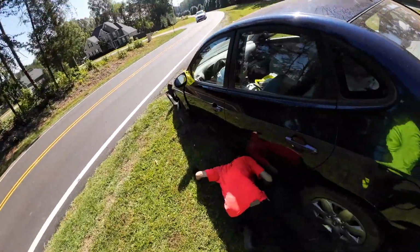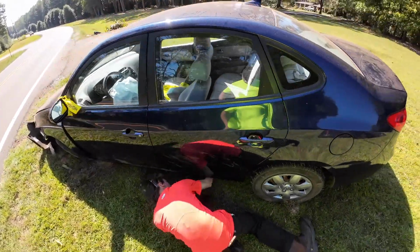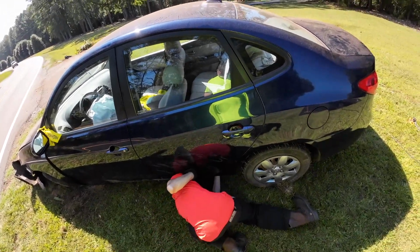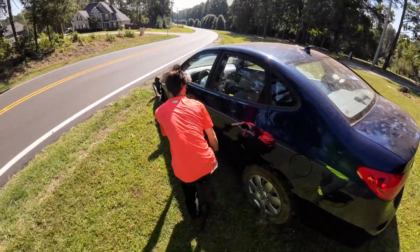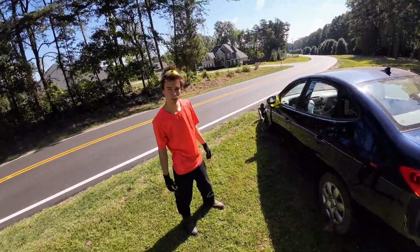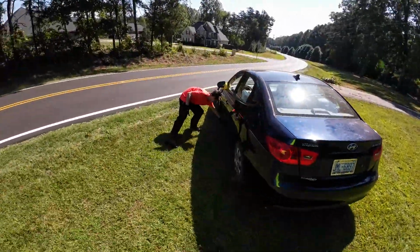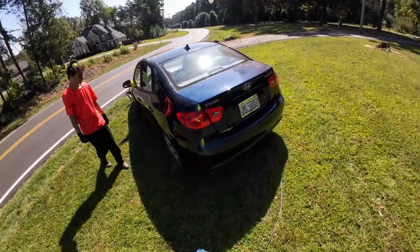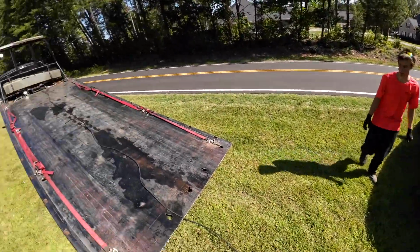If you can't reach it, let me know. Okay, that's it. Yeah, you see the hole? Oh, you got the strap? Okay. Yeah, you see the hole up there? Yeah. You felt it, right? On the Hondas, so like Honda, Toyota, a lot of cars, they have them right there. Hyundai has them there, they're just higher up. I thought you were talking about the one that was like right here. No, they usually have 4 of them. 2 in the front, 2 in the back. Okay. Sometimes you'll get a car that only has 2. Alright,